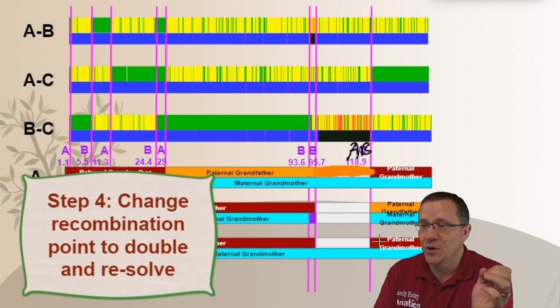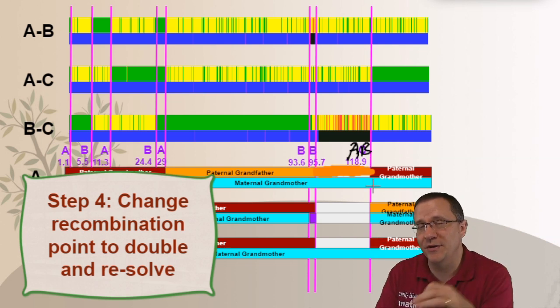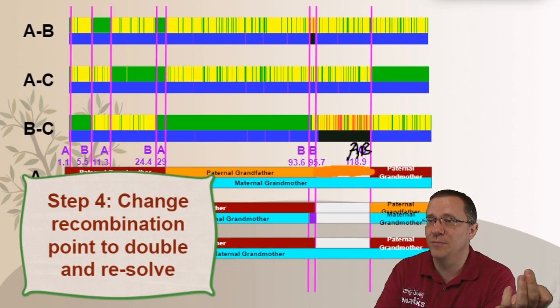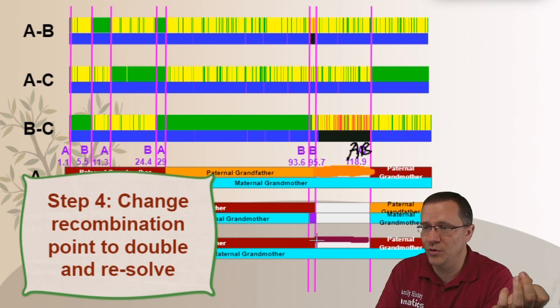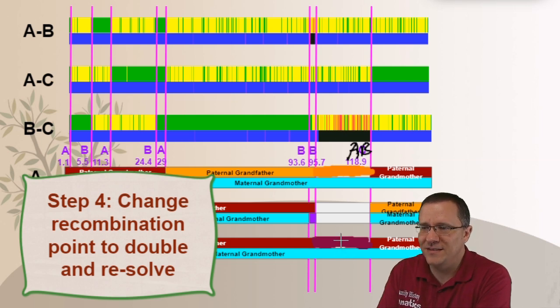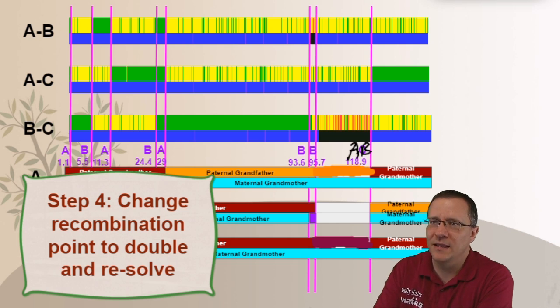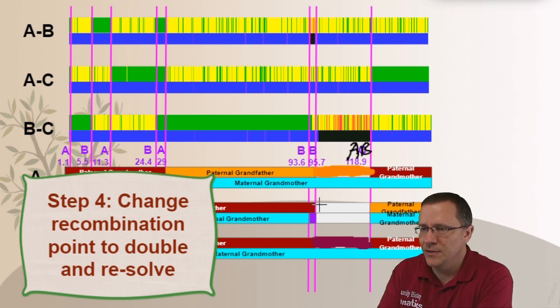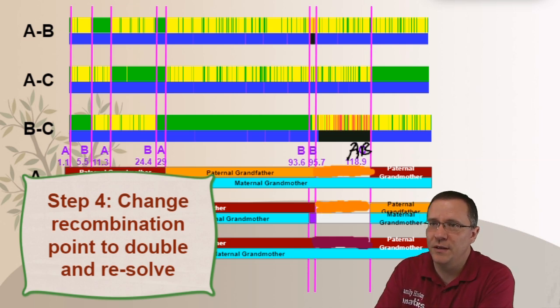Well, for C, there's no recombination point here now. Remember, before there was a recombination point, but now we've removed that recombination point. So I'm going to make this whole thing maroon. And now we can go back up and we can see that B and C are opposite of each other. So if this is maroon and teal, then this has to be orange and purple. So let me go back and color my orange in, and then let me color my purple in.